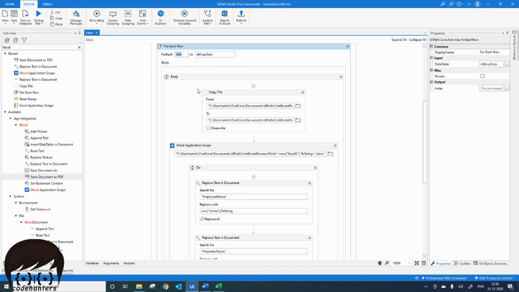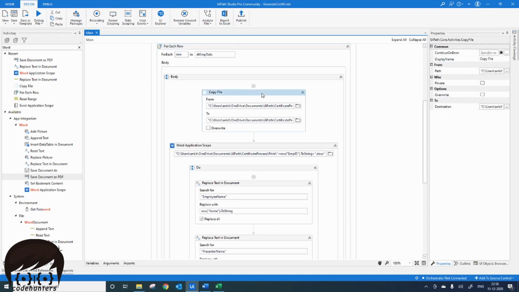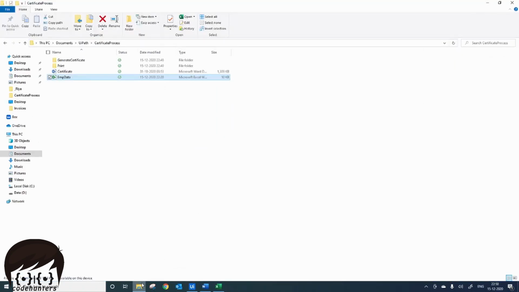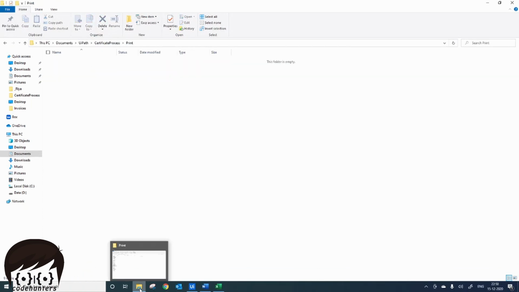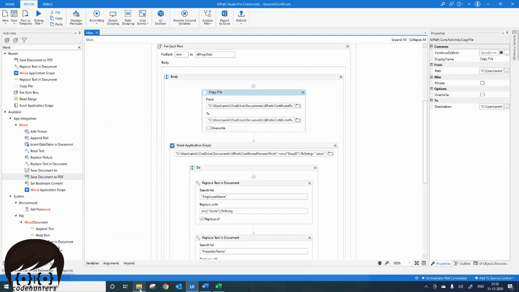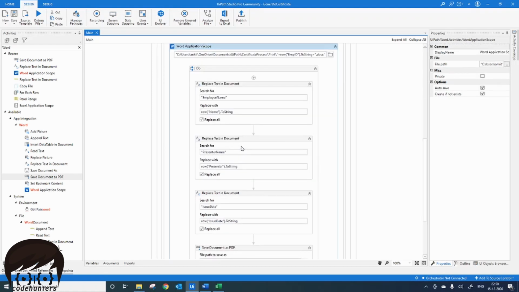Now to keep the template file intact so that it can be used later, we have copied the template file into our temporary folder which we have called the print folder, so that the bot will every time copy the template file into the print folder and then make these changes and save it.